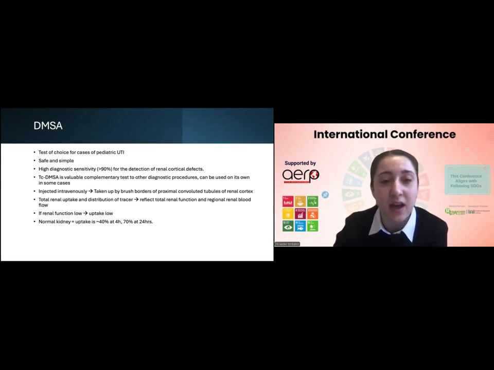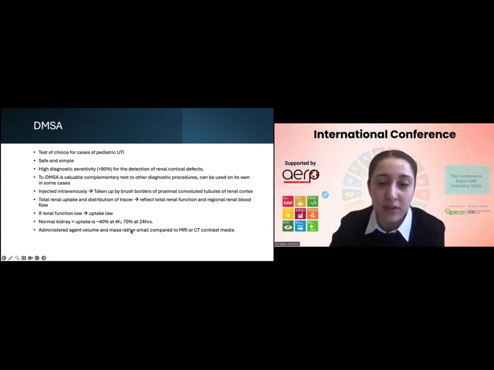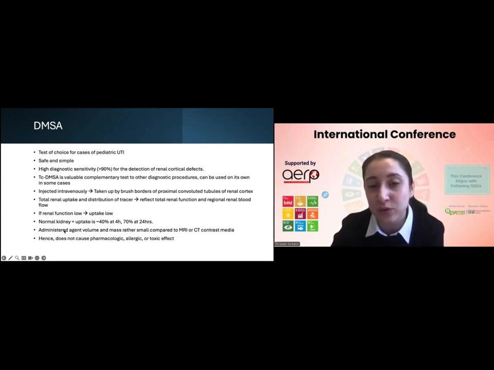dimercaptosuccinic acid, at about 4 hours, whereas 70% at 24 hours. The administered agent, the volume of it and the mass of it is rather small compared to the contrast media used in MRI or a CT scan. So it makes it a pharmacologically safe agent to use, and it does not cause much of allergic or toxic effects, which is useful, especially in pediatric